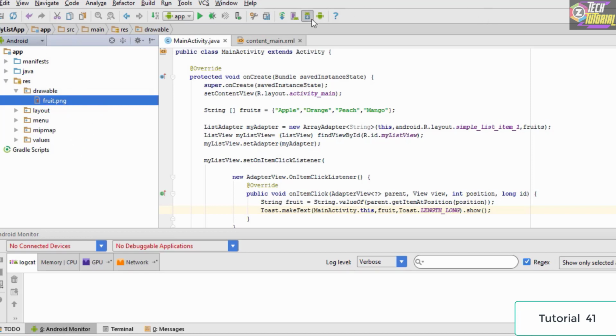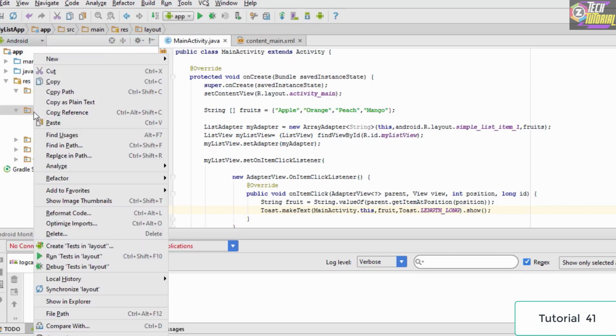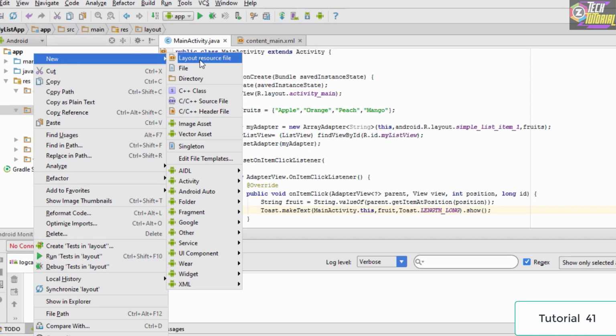Now the first thing which we will need to do is that as we are going to create a custom list view which has an image and text present on it, so we need to create one template for the list view, and then we are going to use the same template to display each and every item. So in order to make a template, the first thing which you'll need to do is that you'll need to create a new layout. So in order to create a new layout, you simply go to this layout folder and right click on it and select new layout resource file.